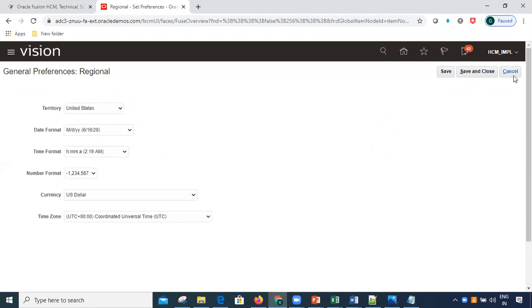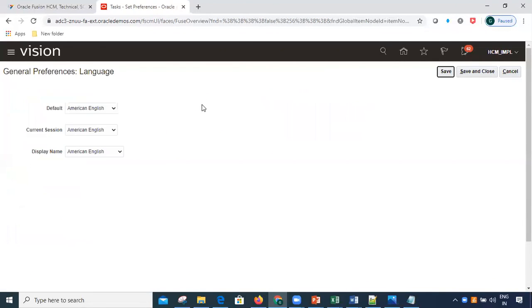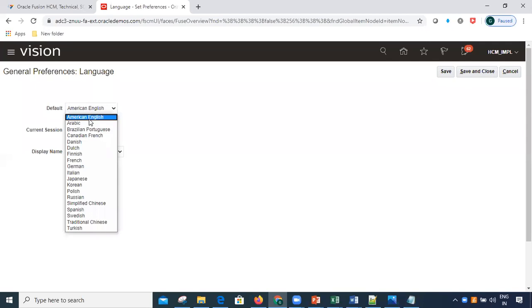Okay. And after general preferences, we will have language. By default, what language am I seeing this application in? I am seeing American English. By default, the application will come in American English. But if you want to change to any other language, these are the Oracle supported languages for this application: Arabic, Brazilian, Danish, Dutch, Finnish, right?